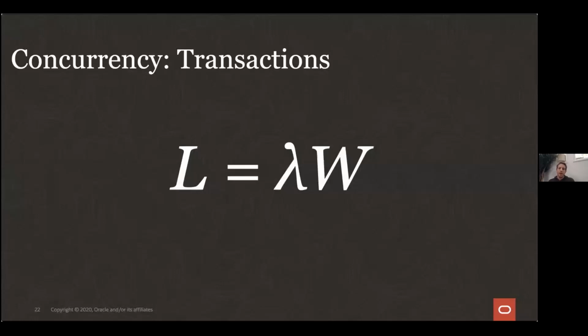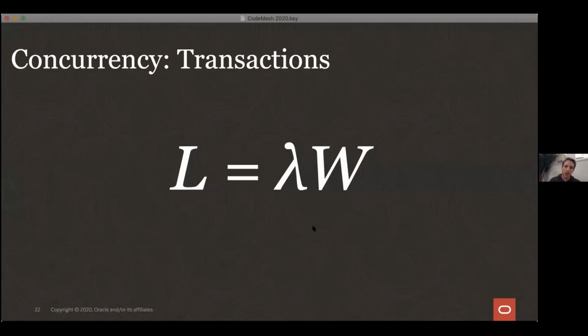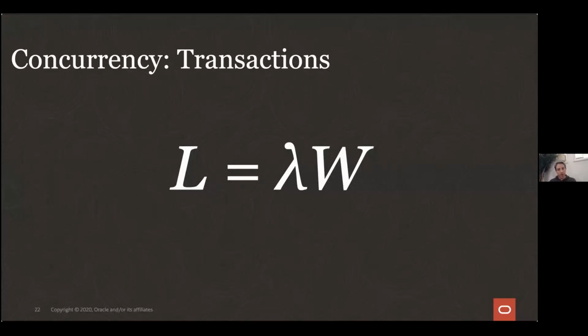However, let's now look at our original use case of concurrency, where we have many mostly independent tasks competing over a few computational resources. And here, the metric we're interested in is throughput. And the throughput of a server processing transactions is governed by Little's law, which is this formula. Now, it looks very simple, but it's not so obvious because it turns out to be independent of the distribution of the arrival of requests.